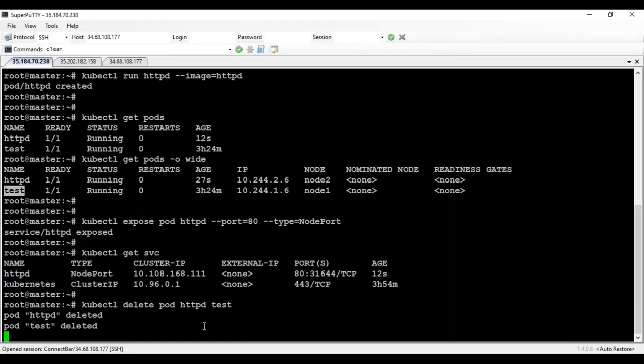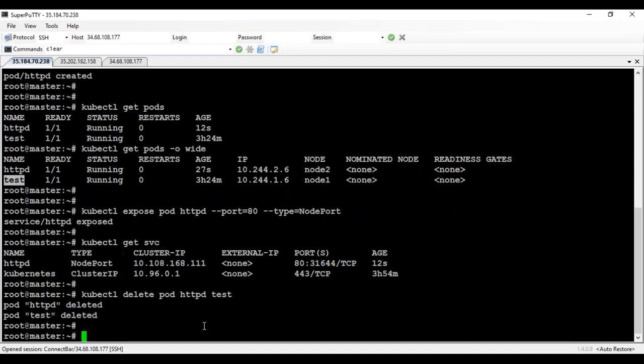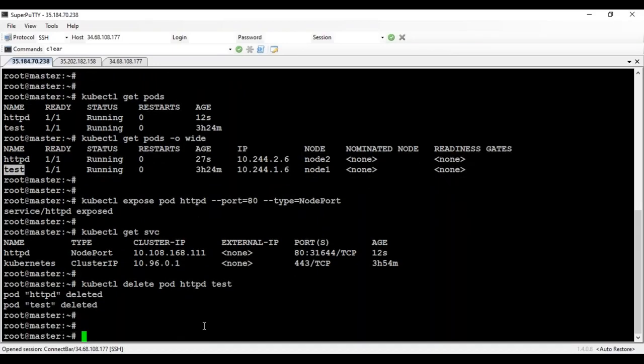So the next thing is that team, in order to possess more features such as auto healing, scaling, and then rolling updates and everything, basically we need to do a controller deployment. Nothing but a deployment, we need to create it. So we're going to do that in a minute. Similarly, I'm going to delete the service also because it is no more required. kubectl delete svc, the service name is again httpd. So I'm going to delete it.